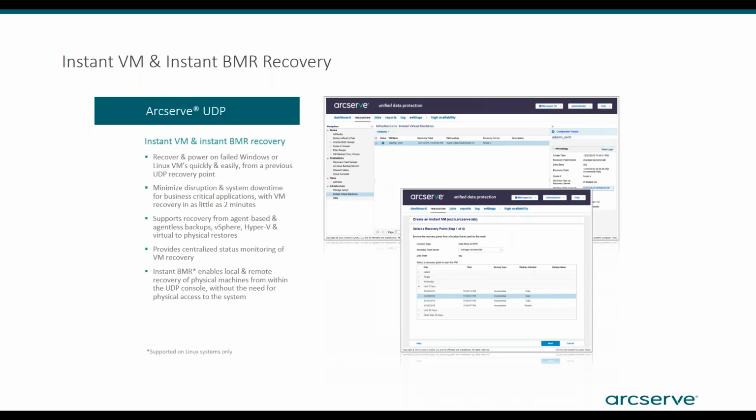So for that, we have what's called instant VM, instant virtual machine. This is where we use emulation. So we present out to a hypervisor that backup as a virtual machine, and it can then perform off of that. Instant virtual machine is nice because it gives you more flexibility, right? I can go to any of my backups, as long as I backed up the entire machine, system state and all those kinds of things, and present it out and make it run just like